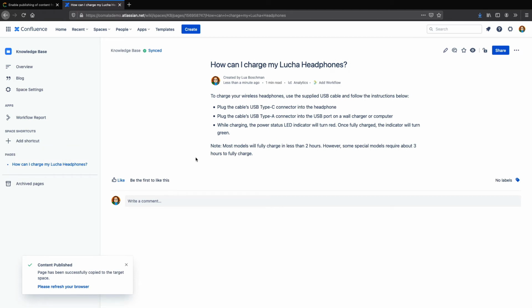So now that I've connected these two spaces, I need to make sure my knowledge base space is accessible to anyone. To do this, I need to be an admin, and I also need to have a paid version of Confluence, so it won't work if you are on a free version. So I'll go up to my settings,